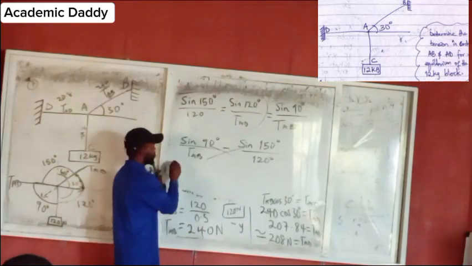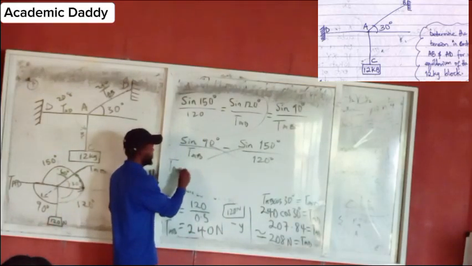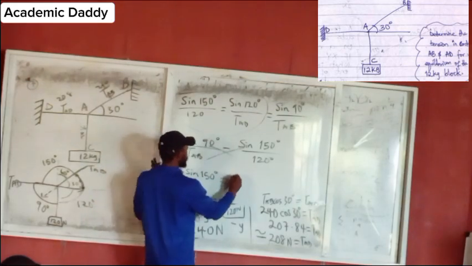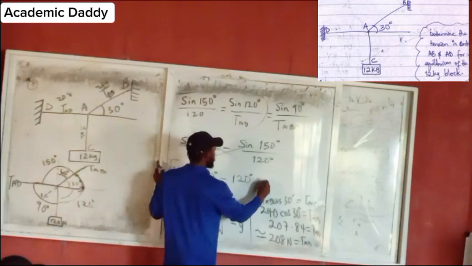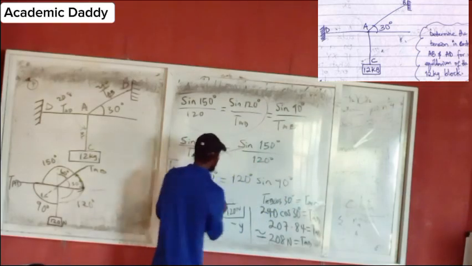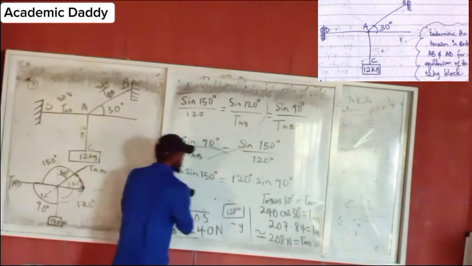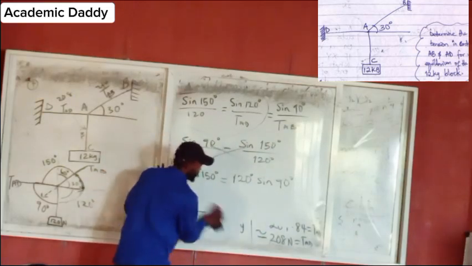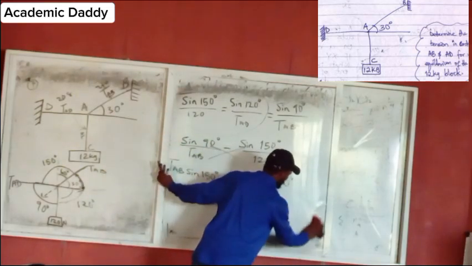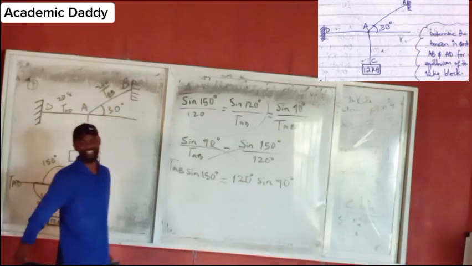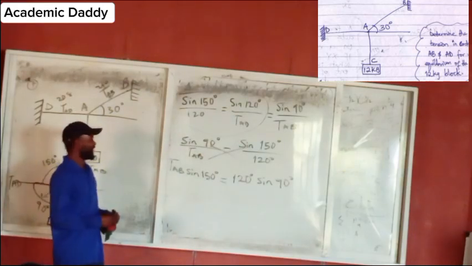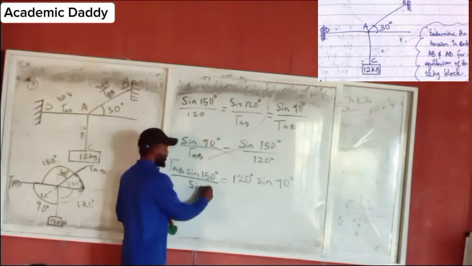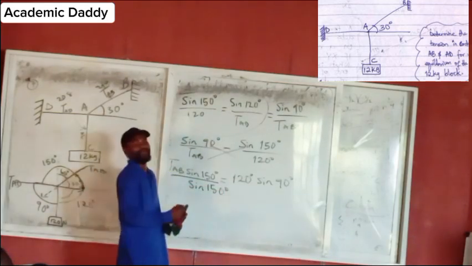So we then get that TAB sine 150 degrees is equals to 120 degrees sine 90 degrees, right? Did it work? Yeah. Please clap. It works. So if I divide this by sine 150,